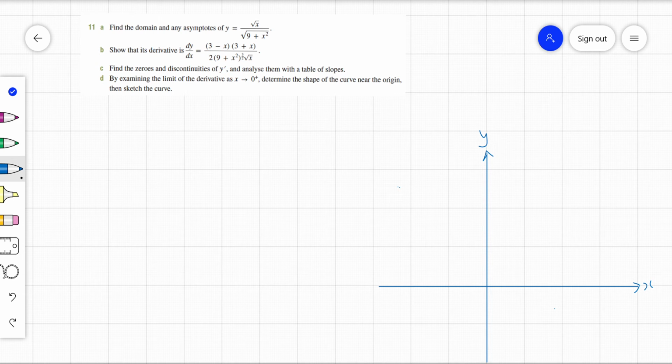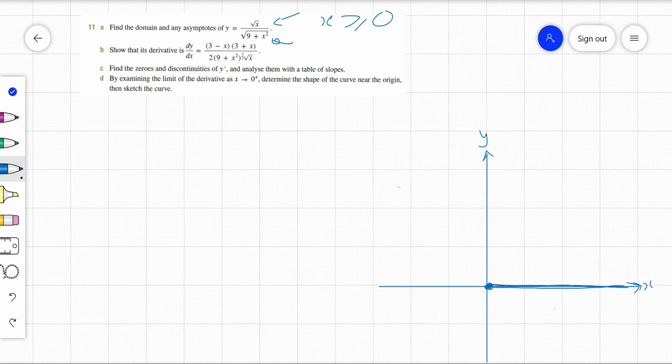Alright, a couple of things that will help us sketch this curve. First of all, I'll probably just sub in x equals 0 and you can see y would equal 0. I can see from the top there's root x, so x has to be greater or equal to 0, so I'm only looking on this side here. Also, you can see from the bottom there's no real conditions on the x at the bottom, so there's no